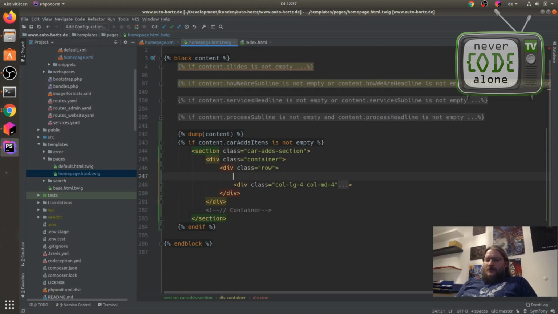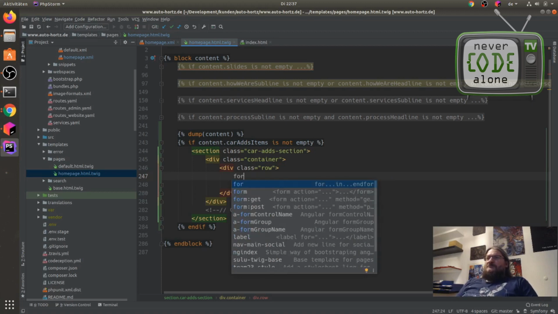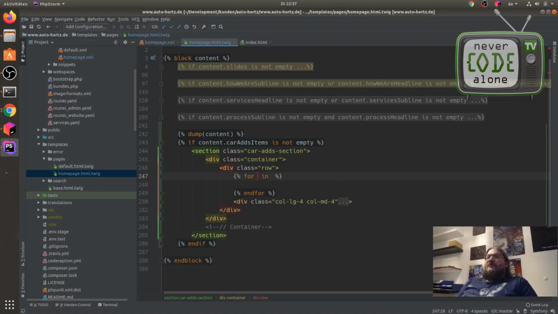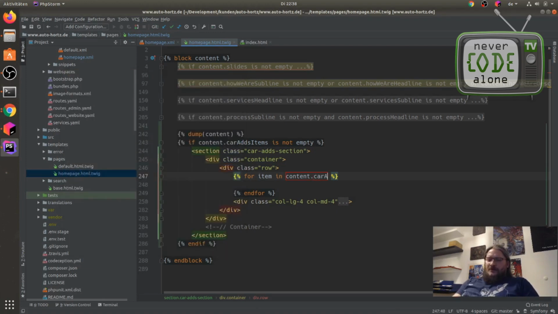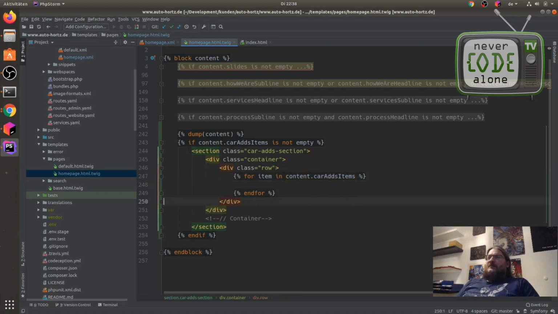So we will do a for item in content dot, we have it here, I think, it's not there, car add items. We will render this here.